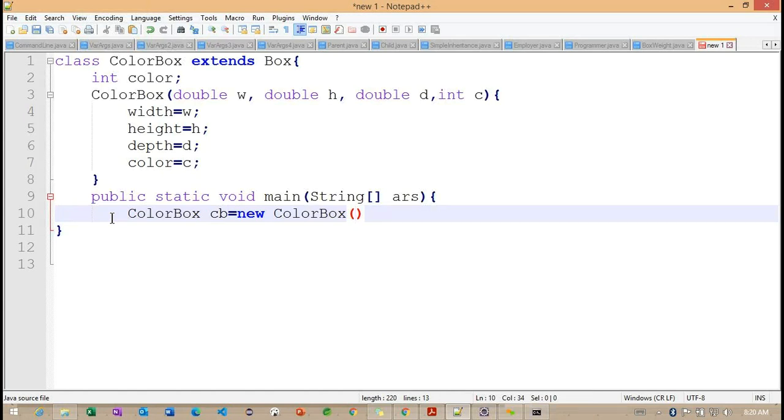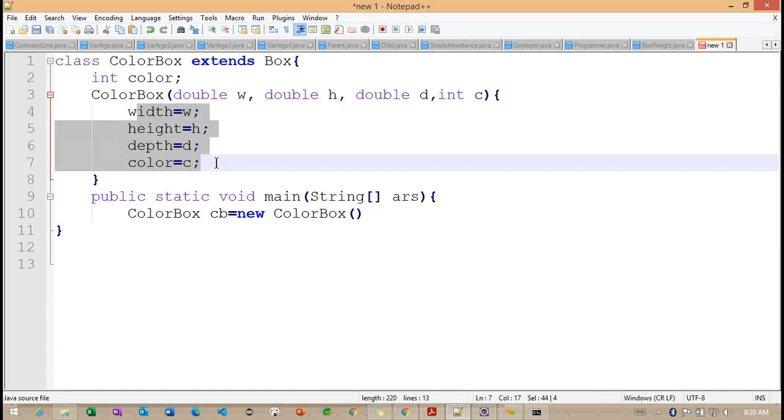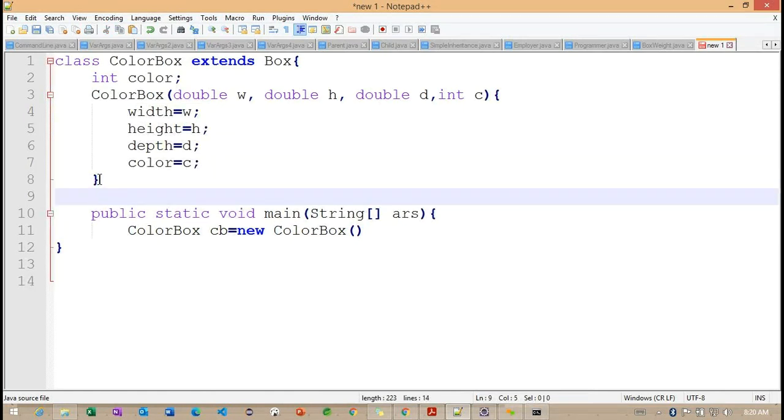Here we need to define some values. This is important here. Basically, directly the superclass variable we are initializing, and whatever operation we want to perform, we are performing here.